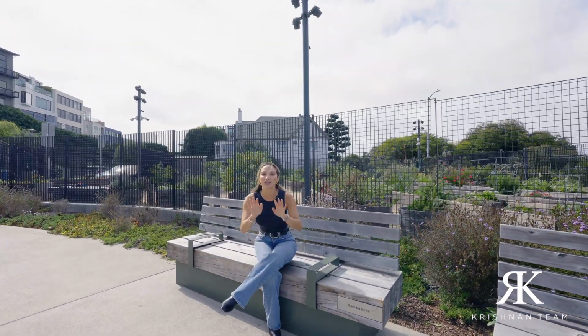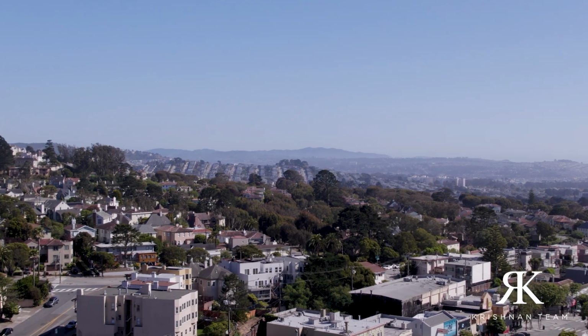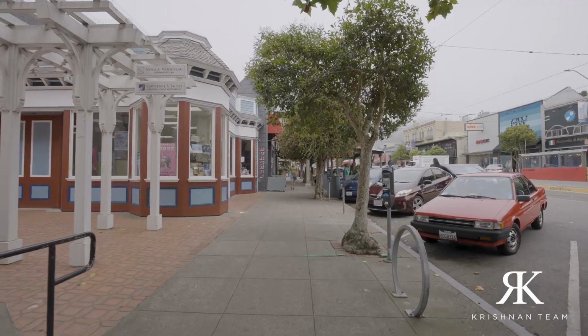Okay, so West Portal, back to West Portal. It's a very charming neighborhood, honestly. The homes are a little bit larger, they're detached. It's not necessarily a sunnier part of town, so I think that keeps the prices down or just doesn't make it high on people's criteria list. Most of these neighborhoods that we're exploring today generally do get better weather. West Portal tends to be cooler and foggier pretty much year round. So if you're looking for good weather, maybe this is not the neighborhood for you, but it literally has everything,